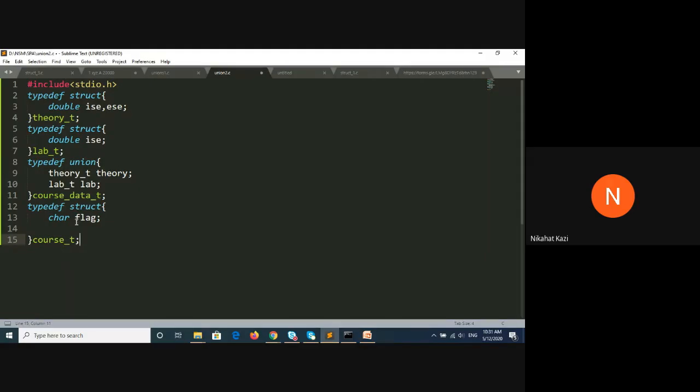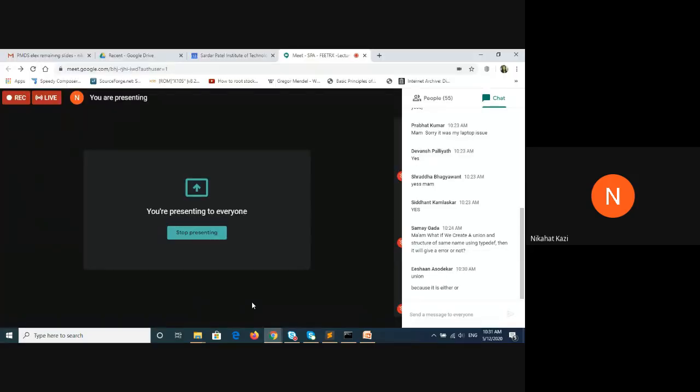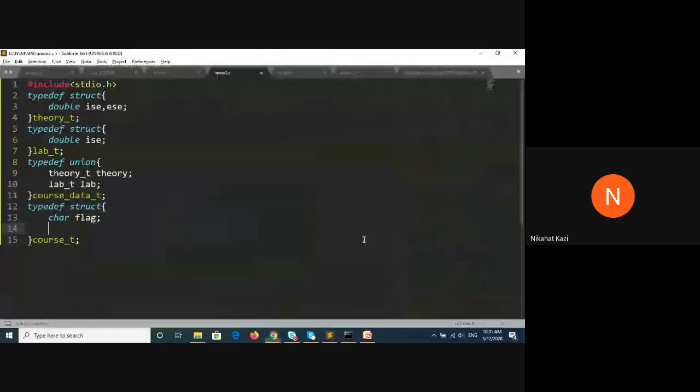So depending on the flag, either this or this will be selected. So what should be the second component of this structure? I need an answer from you. Either the theory or the lab will be selected. So can you tell me? It should be a union.